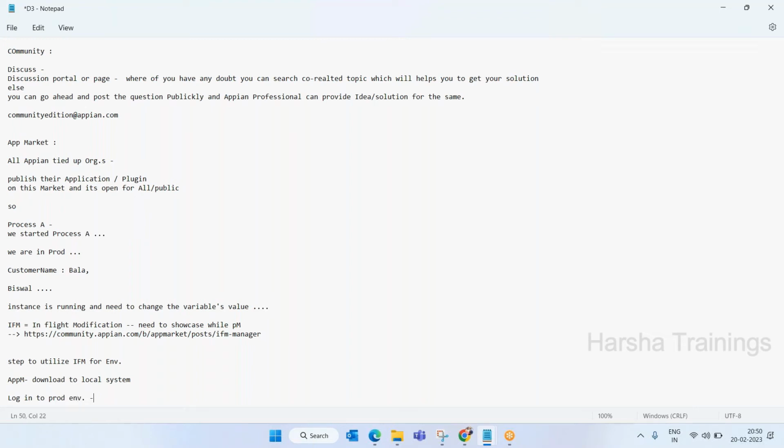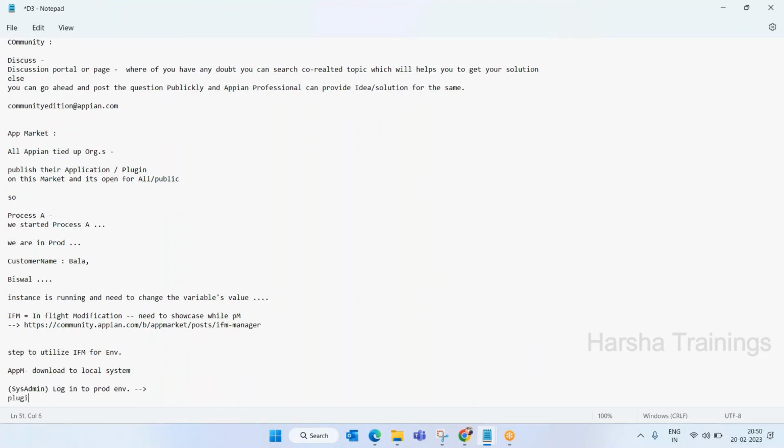The system admin will go to the plugin section where they can import a plugin. There we need to give the downloaded jar file or zip file that we have for the IFM, and they need to import